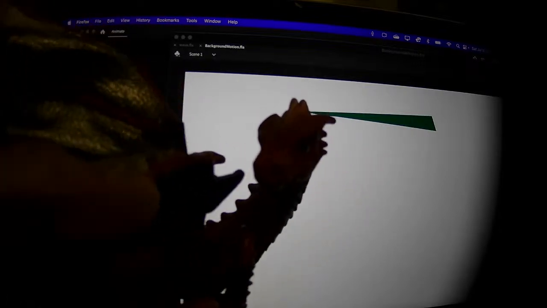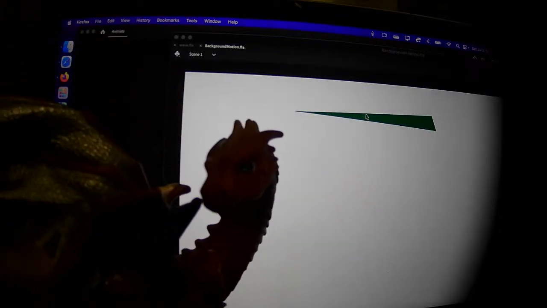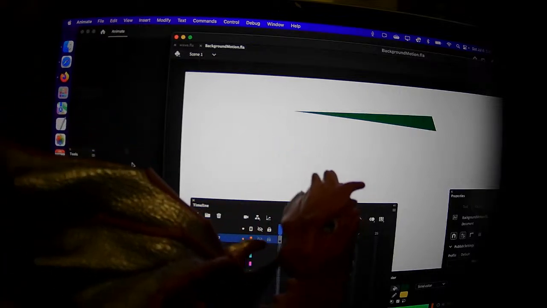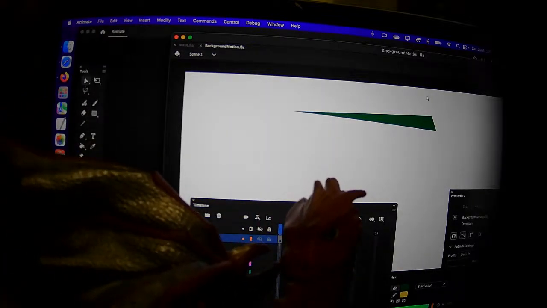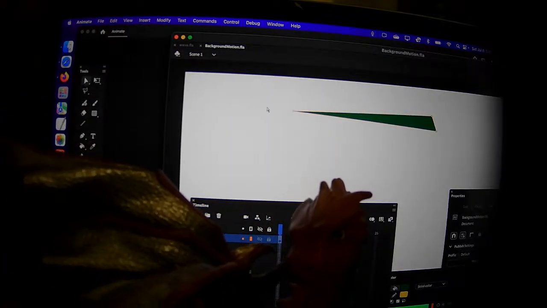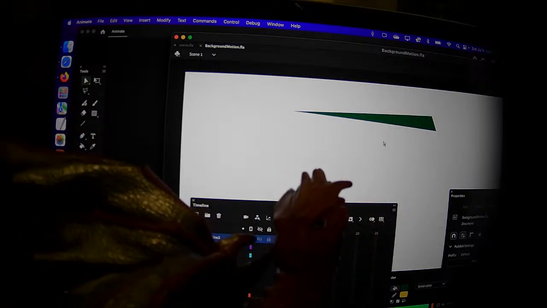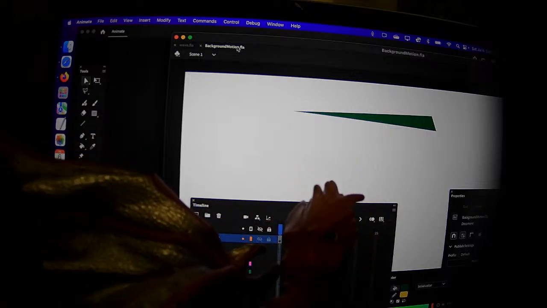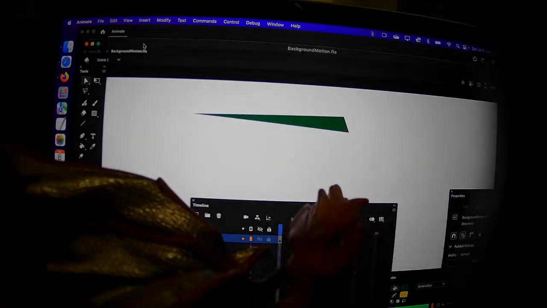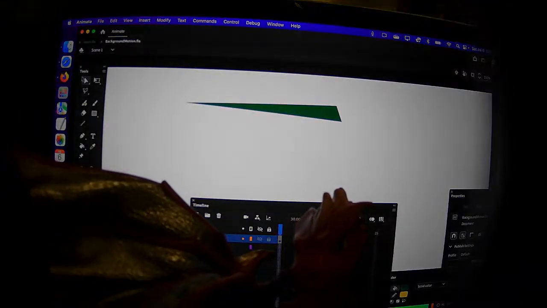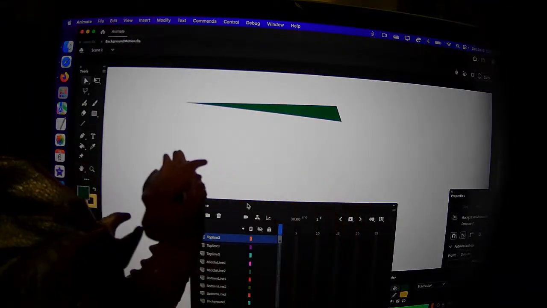So, we're going to start off, as you can see here, we have a line. And what that's going to represent, this is going to be done in keyframes. This session, I will make my effort to do an animated background using Adobe Animate, but I'm only going to use really